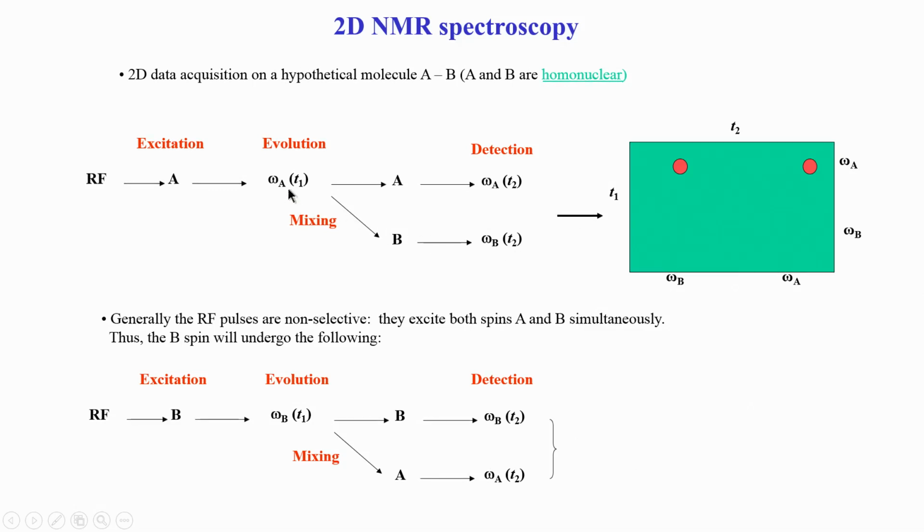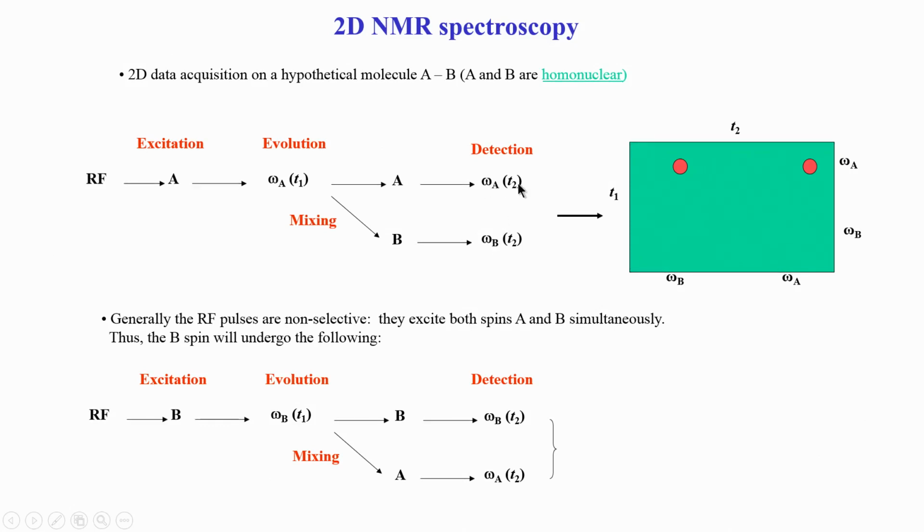Now, one thing which I mentioned in the last class is that this transfer is not 100%. Usually, it is a very small fraction of the magnetization from A which is transferred to B. The majority of the magnetization of A remains on A itself. Even though the J coupling may be strong enough, in the case of proton to proton, it is not so efficient. Therefore, the bulk of your magnetization remains on A. So, there are two magnetizations now; when you finally detect, both of them are detected, and these are independent, different, separated, but they come together.